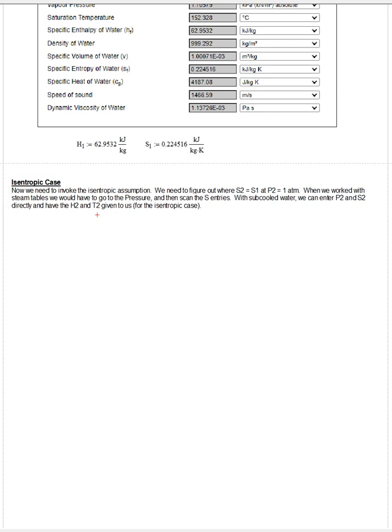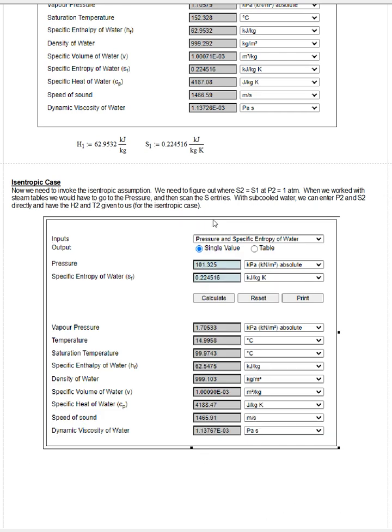Now, what we can do, now that we have access to this online database, is find the enthalpy and the temperature for the isentropic case. So I'm going to go to my subcooled steam table tab, hit the little pull down menu, and input pressure and specific entropy. My pressure is 1 atmosphere, and my entropy, S2, is going to be